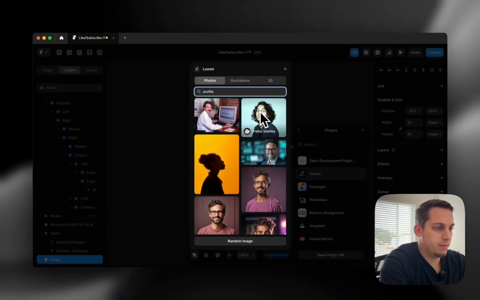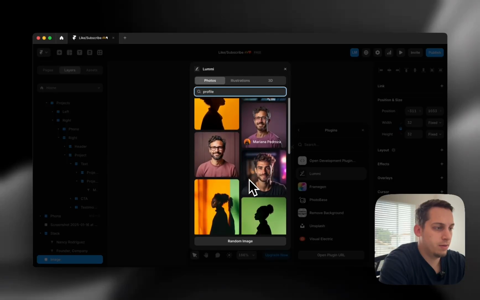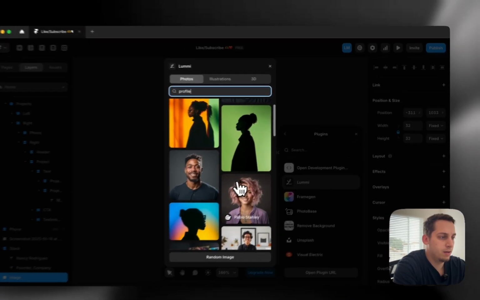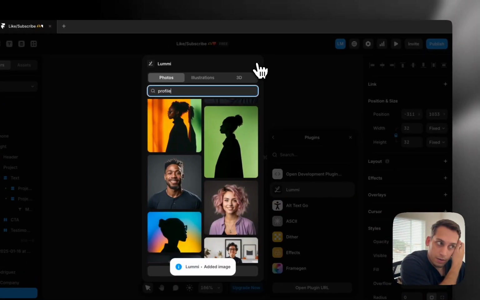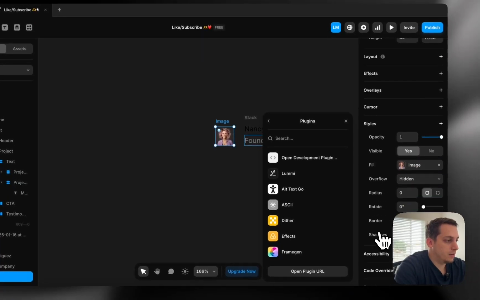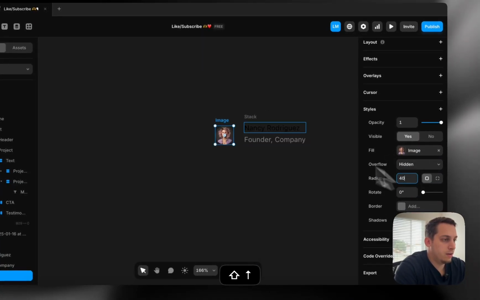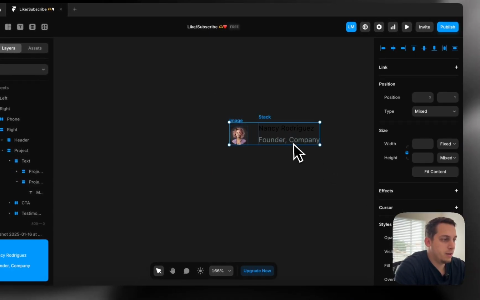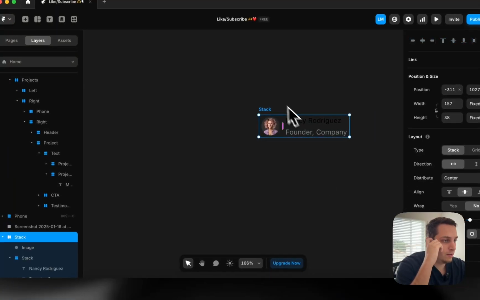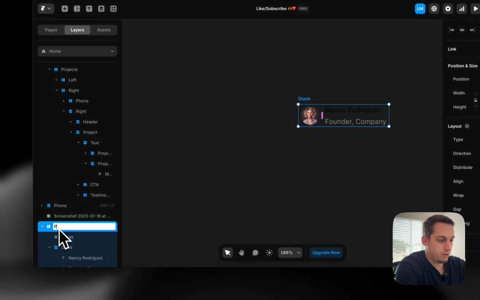And we can add like this guy. Oh no, it's a girl, right? So let's add this girl with the pink hair. And let's give it a radius that's circular. And now we can add a stack to this. This will be called the person